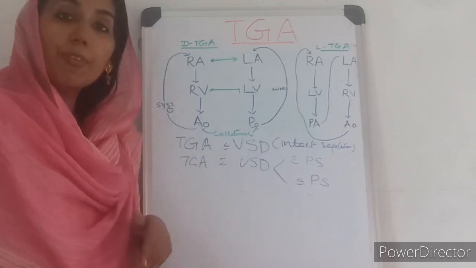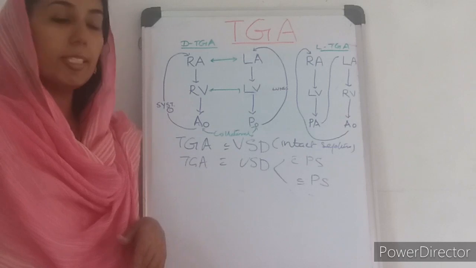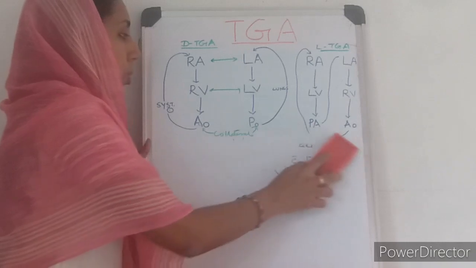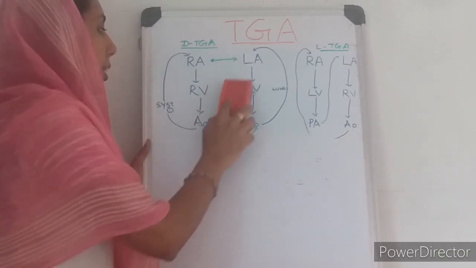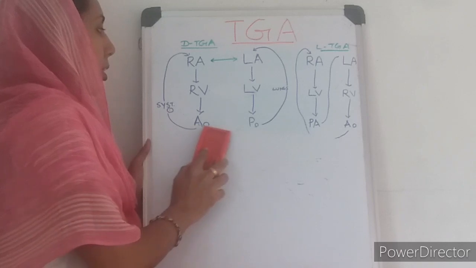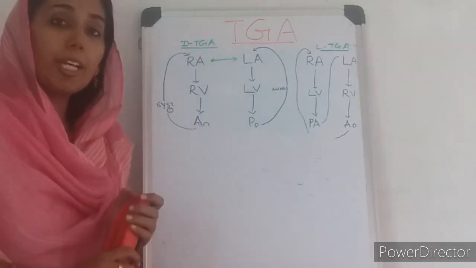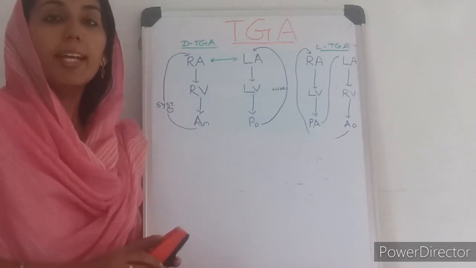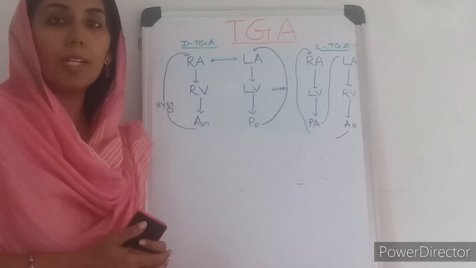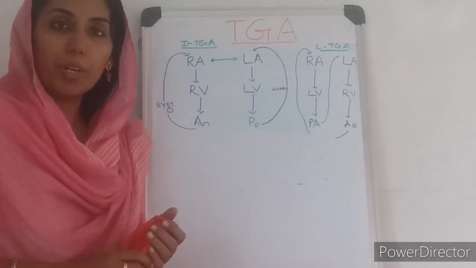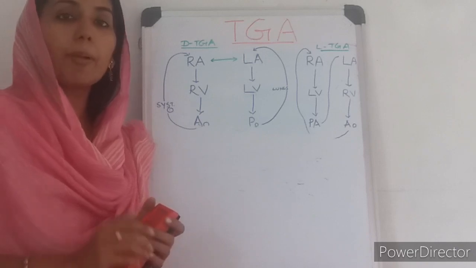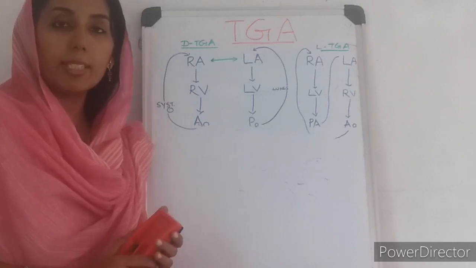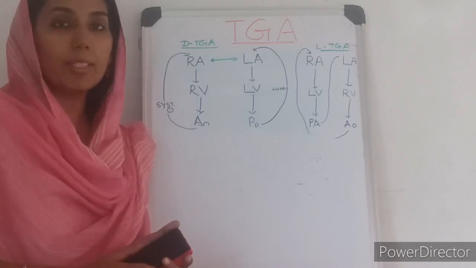So, coming to the clinical features of the different types of TGA. First, let us discuss TGA with an intact ventricular septum. TGA with intact ventricular septum means this area is not there. It will be like this. So, there can be a communication between the right atrium and the left atrium with the help of a PFO or a small ASD. Definitely that will lead to poor mixing only. Because of it, these children with TGA with intact ventricular septum will present very early, that is at birth they will present with cyanosis. They will also present with CCF in the first 1 to 2 weeks of life.